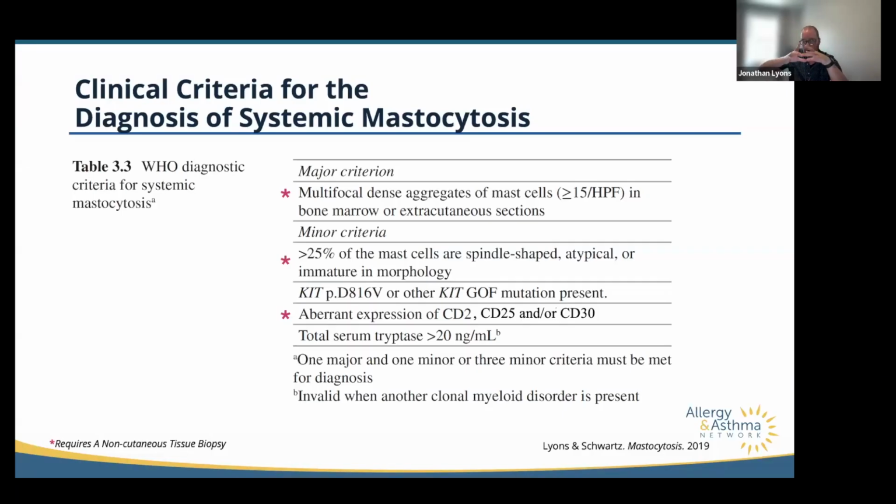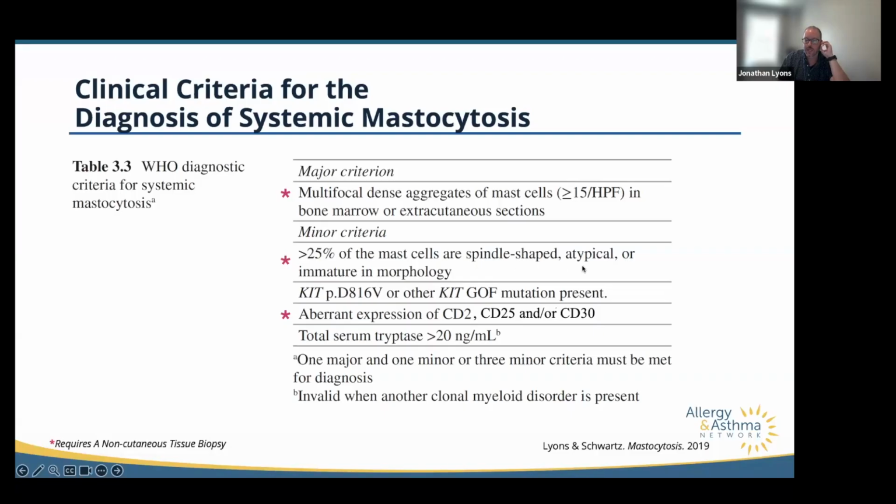So the pathologist looks under the microscope at the highest power of their microscope, and they see more than 15 cells in a dense aggregate. Almost always you're going to get at least one or two minor criteria associated with that. So it's not so important that there's a discordance between the two. Importantly, these three that I've highlighted, either those multifocal dense aggregates, these funky shaped mast cells.